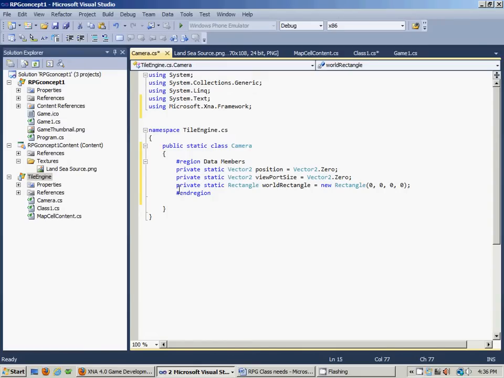And the last member variable that we declared here is a world rectangle, and that's basically a bounding rectangle that'll represent the outside edges of the world map itself. And you define the new rectangle. If you hover over the rectangle,